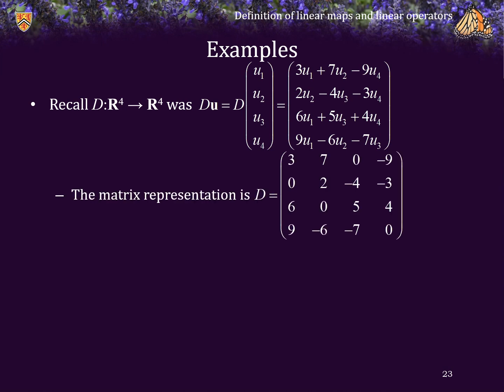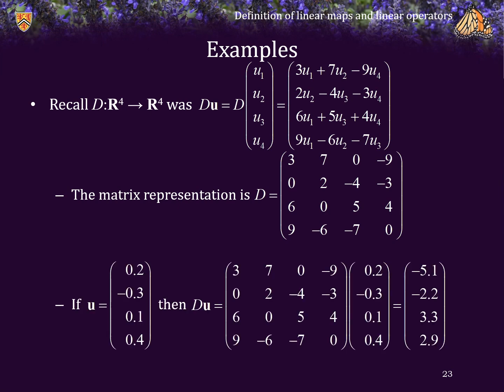Once again, with a little bit of work, you can tease out the coefficients of the matrix D. Consequently, if you had the four-dimensional vector (0.2, negative 0.3, 0.1, 0.4), and you wanted to find the image of this under the mapping D, once again, you could think of this either as 0.2 times the first column minus 0.3 times the second column plus 0.1 times the third column plus 0.4 times the fourth column, or